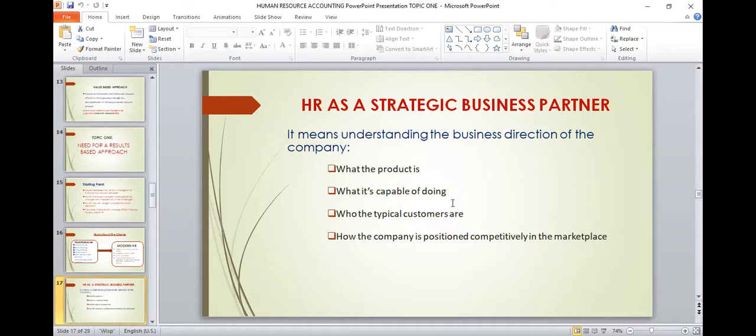This is now the time you need to partner with the line manager. You need to work hand in hand. You need to ask questions about the product, the challenges, some of the surveys that have been presented in the field. What were the outcomes? What needs to be improved? And so on. This is what is called for in a strategic business partner, not sitting in the office waiting for recruitment, because an administrator can do this.